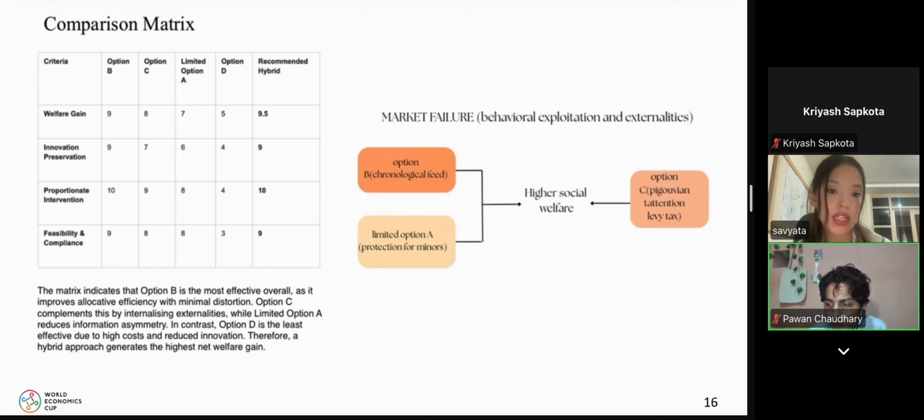However, there are limitations. The effectiveness of the tax depends on accurate calibration. Enforcement requires strong regulation, and policies must be regularly reviewed. Overall, rather than breaking up the platforms, this approach corrects the underlying incentives driving market failure, preserving innovation and consumer choice while maximizing